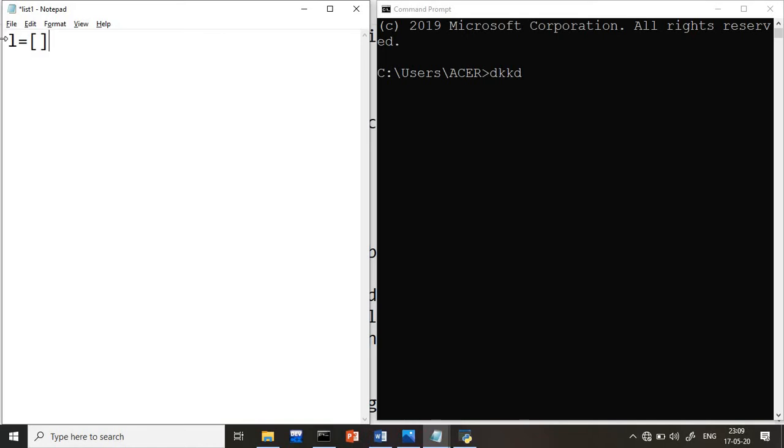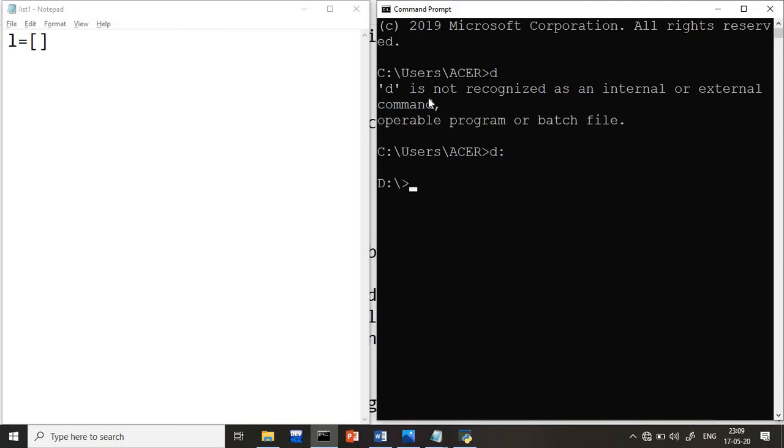Now, suppose I am creating a list without any element. Can I create it? I will save the program. I saved it as list1.py in the D drive. So first I will go into the D drive, D colon I will write. After that, py space list1.py. So an empty list means I did not pass anything. If you know the variable, you can pass the variables directly. Save, and just compile and run.